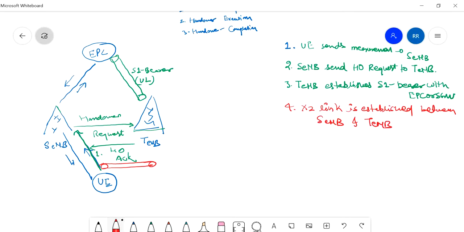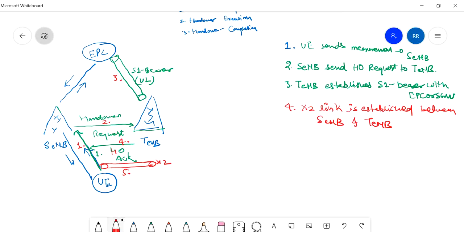Step by step, the first step is that the UE sends the measurement report. The second step is that it sends the handover request. The third step is that the S1 bearer for uplink is established, and the fourth step is that the handover acknowledgement is sent back, and the fifth step is that the X2 link is established.